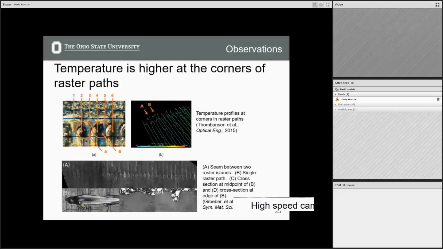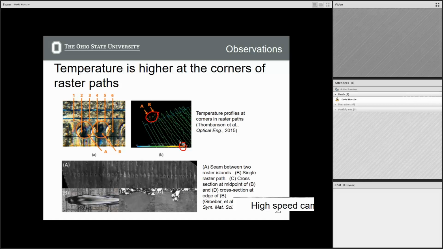Okay. Other things that can be observed if you look at the literature is that temperature is higher at the corners of raster paths, and we'll talk about why this is the case too, but I think it probably makes sense. So it's tough to see. This is thermal camera images of these raster paths, and this actually isn't a thermal camera, this is just a single thermal diode, so a single element that's pointed at the melt pool, and this is right after a corner. You can see temperature spikes here, that's the hot temperature,